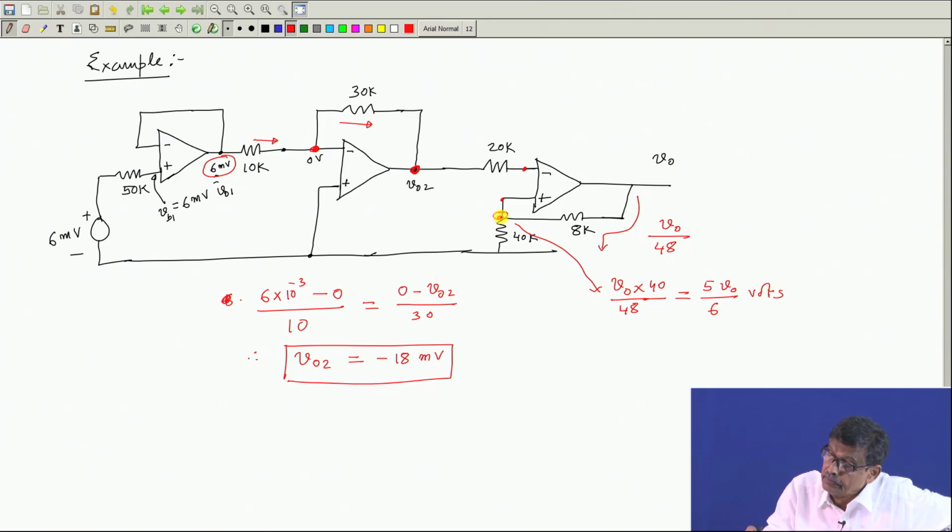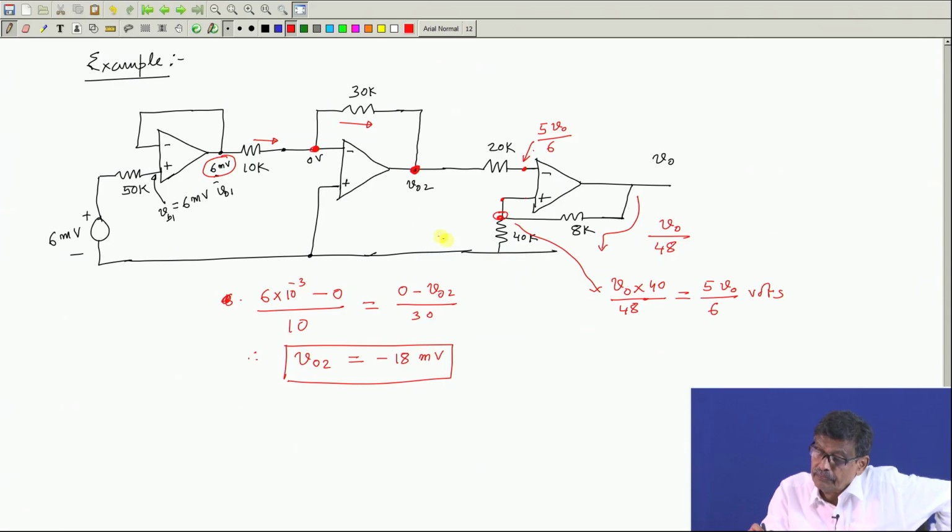So, I have been able to calculate this potential. There will be no drop here, because of that this potential and this potential are same and this current is 0. With that condition, what will be the potential of this point? It is already calculated that V naught 2 is this potential, but from this I know the potential of this point has to be 5 V naught by 6 volt, is it not?